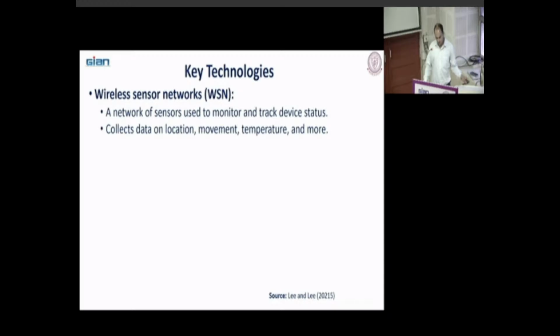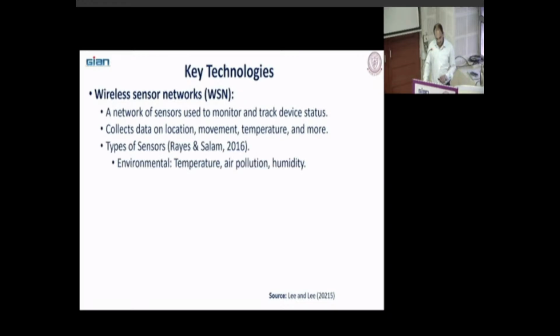It collects data on location, movement, temperature, and more. As I said, different kinds of information we can collect, location related, where is the location of your delivery or your truck, what is the movement, temperature, those kinds of things. Types of sensors normally used: environmental.